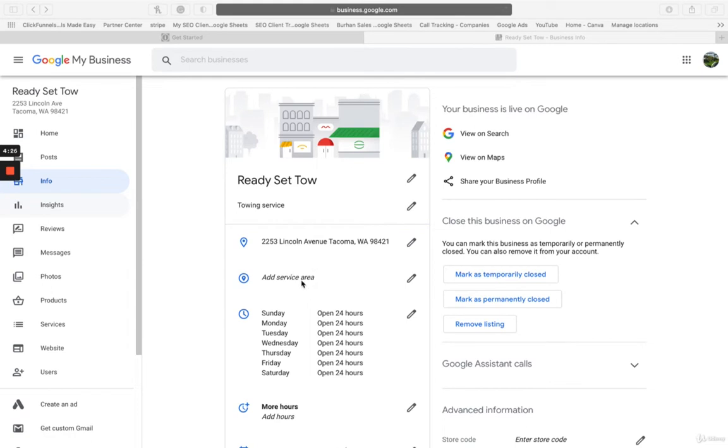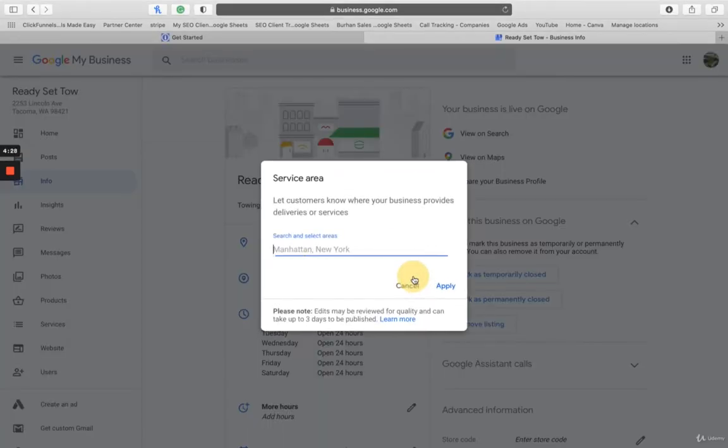Then we have the service area. For the service area, you can add the cities, postal codes, or regions that you service, right? Just remember, you can only add the cities where you can actually meet your customers. You can't list a city that's 100 miles away unless you're actually willing to go to them. But if the customers are coming to you and you're listing cities that are 100 miles away,